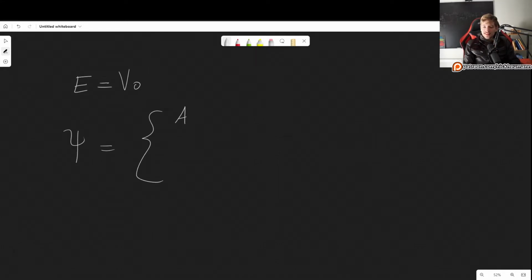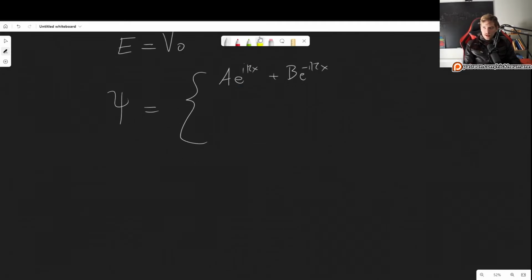So the first region is the same: a e to the i kx plus b e to the minus i kx. And now the second region, well, what is it? We need to solve the Schrödinger equation. So in the second region, we have minus h bar squared over 2m times the second derivative of our wave function plus the potential, which now is the same as E. So we get V0 psi equal E psi,